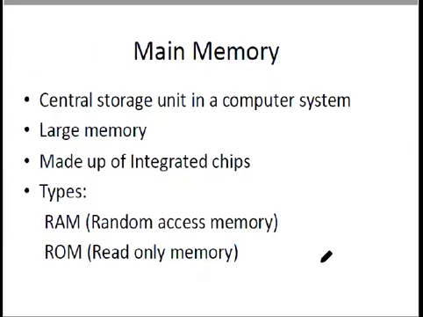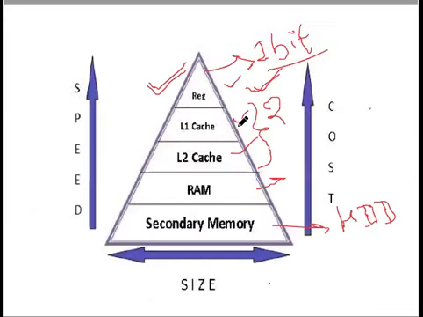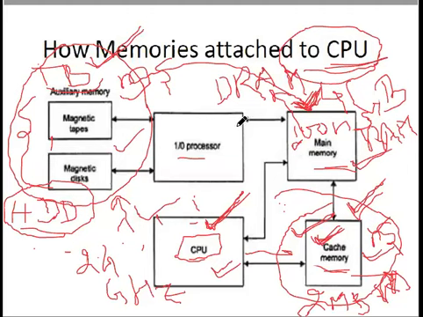So let us switch over to the main memory. Main memory is the central storage unit in a computer system. The main memory is basically, we can say, a large memory. Let us identify what is the part of main memory. The one which has been specified in the slide is the complete section of this part, the main memory plus cache memory. We are not talking about the different parts because the main memory or the RAM is simply DRAM.